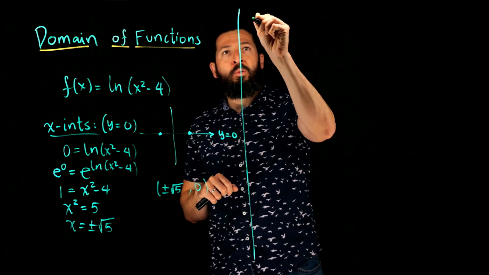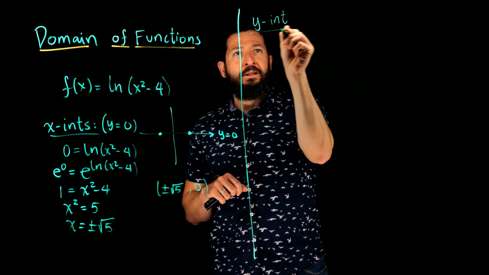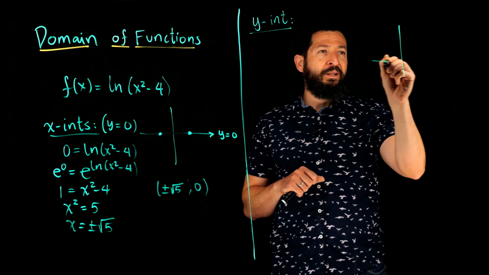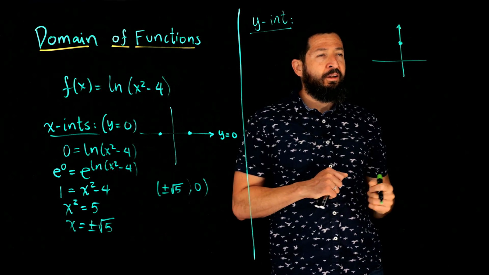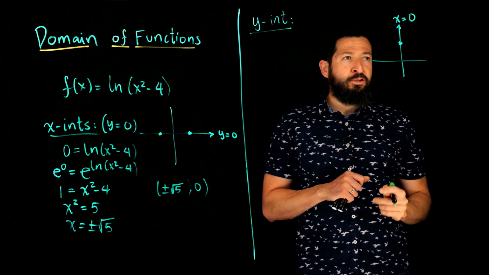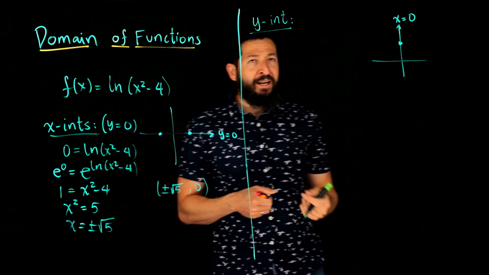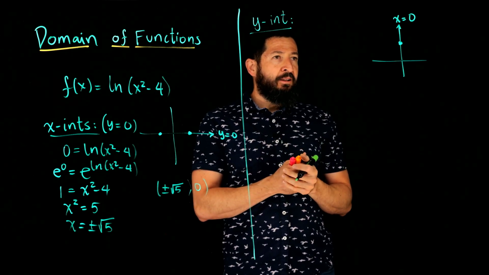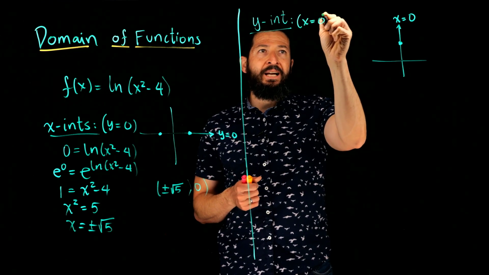Now, if you want to do y-intercept, why do I say y-intercept? Well, because that is going to be the point where the graph crosses the y-axis, but that is going to be when x is equal to 0. So that should be the value that the function is getting when x is equal to 0. And that value is going to be unique if it exists. So in this case, I would set x equal to 0,